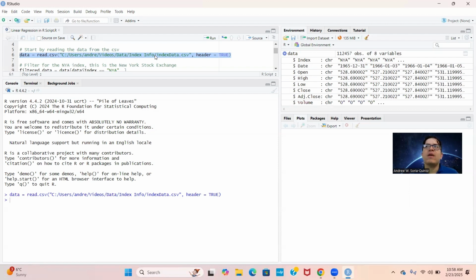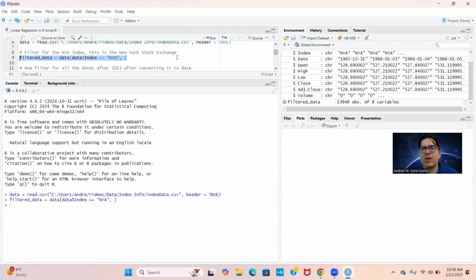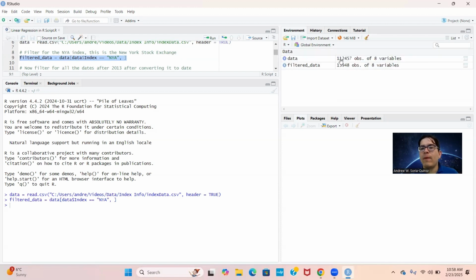We are basically saying, is there any correlation between the passage of time and the closing value of the stock index? First thing we're going to do is get that data and get the NYA, that is for the New York Stock Exchange. We're excluding the NASDAQ and some international indexes there. And you can see how my observations drop from 11